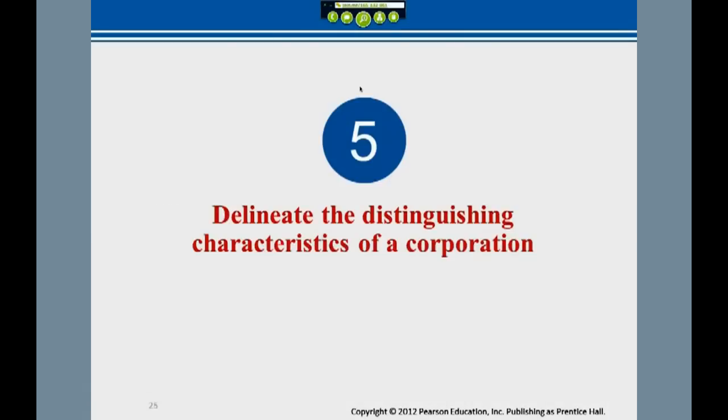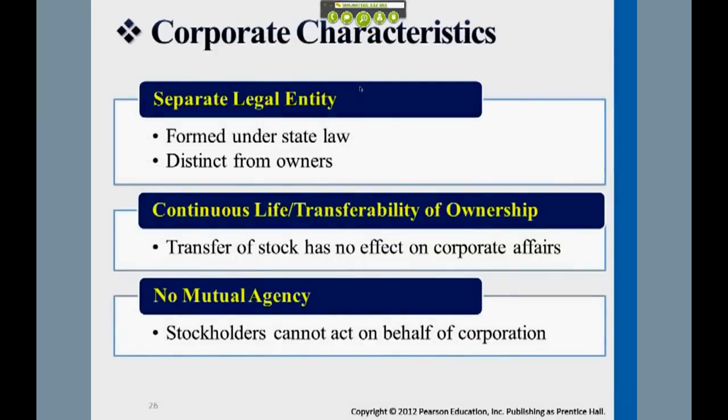Let's take a closer look at corporations' characteristics in detail. These are separate legal entities, as I mentioned earlier. So it's formed under the state law. The organizers file a charter. Once it gets approved, and once the company starts to issue the first share for the corporation, then the corporation officially exists in the business. So it's distinct from the owners. Again, the owners here are referring to shareholders, stockholders, investors. These are the same parties. They're distinct from the owners, and most the owner can lose is just the money that they contributed to the business. And continuous life,